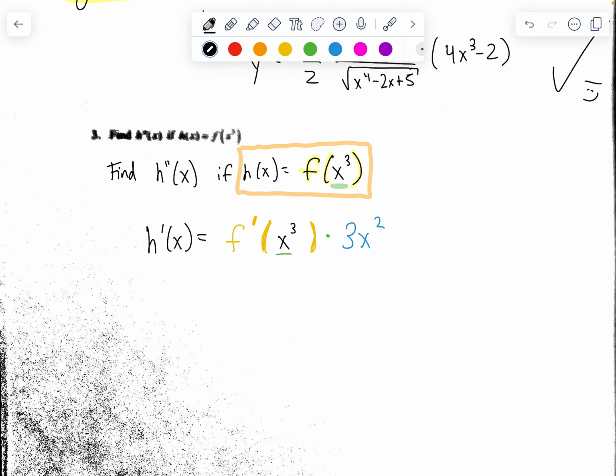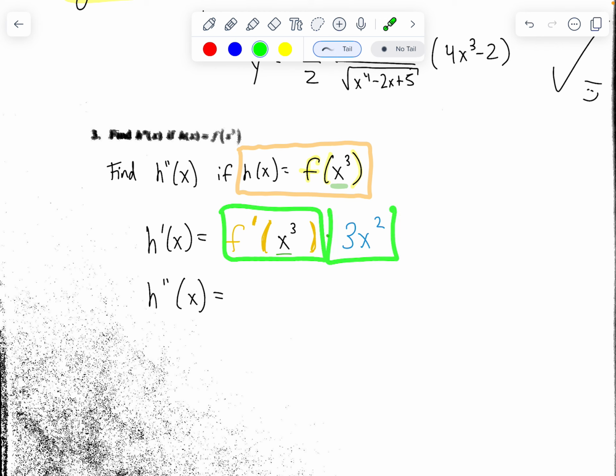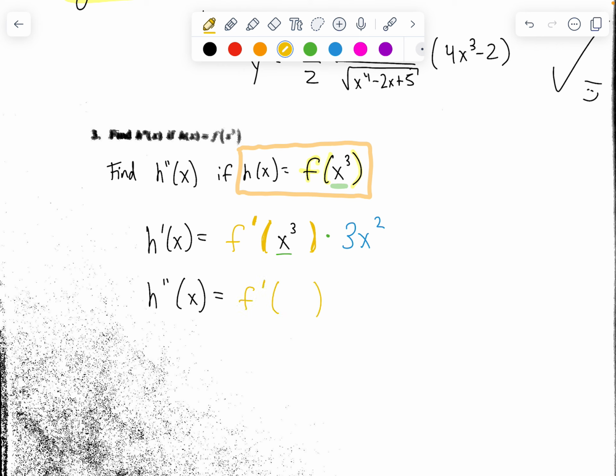If we go a second level, this is where it gets kind of tough. Taking the second derivative, we now have the product rule. We have something times something, so we need to do the product rule. The product rule states that we're going to keep the original part, so we're going to have the f prime of x to the third. We're going to have that original part times the derivative of the second part, so times 6x. So it's this times the derivative of this,